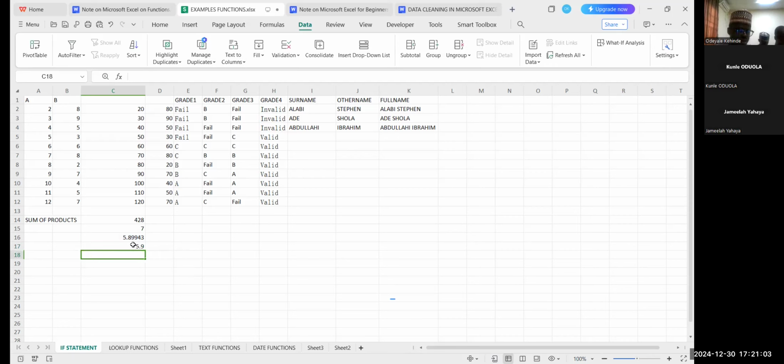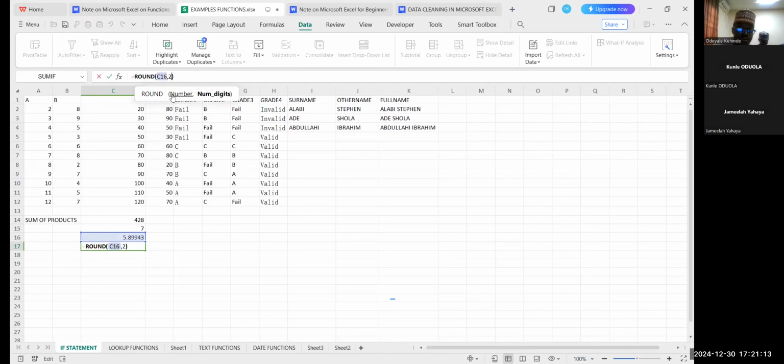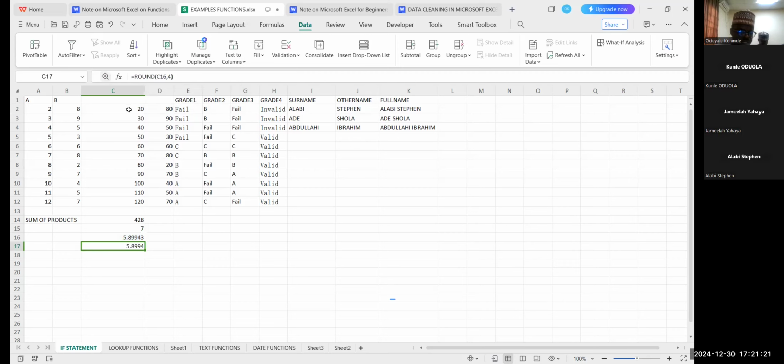That is 5.9. It picks the 9 and rounds it to get 5.9. But if you use 4, let's use 4 instead, so that is 4. Actually, what we're supposed to get before is